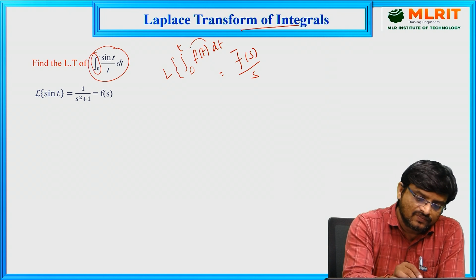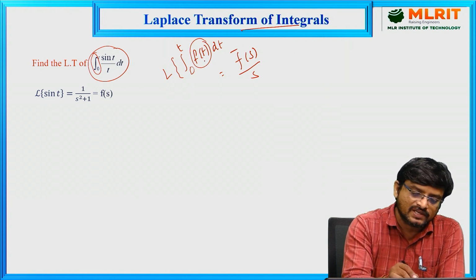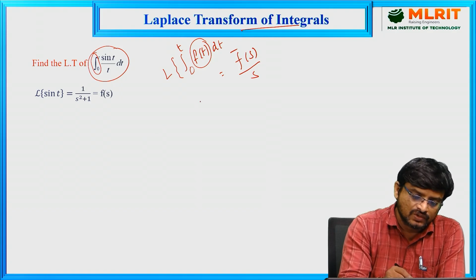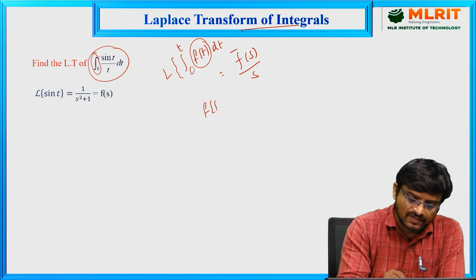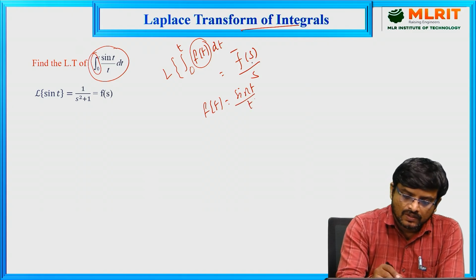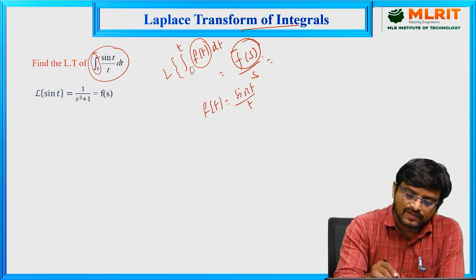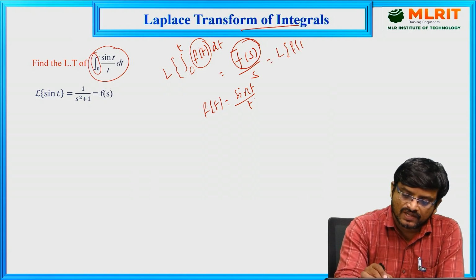Whatever function is inside this integral, we consider as f of t. So our function is f of t is equal to sin t by t. Now we want f bar of s. How can we get this f bar of s? It can be written as the Laplace transform of f of t,